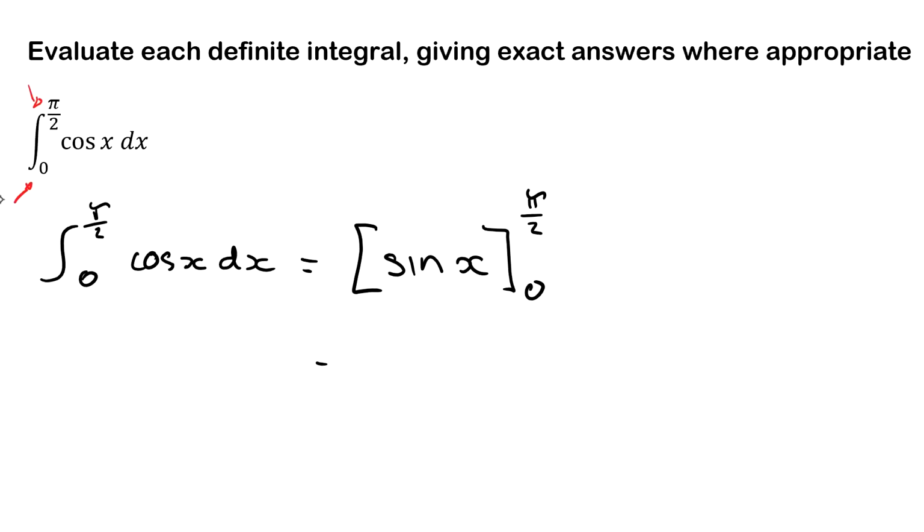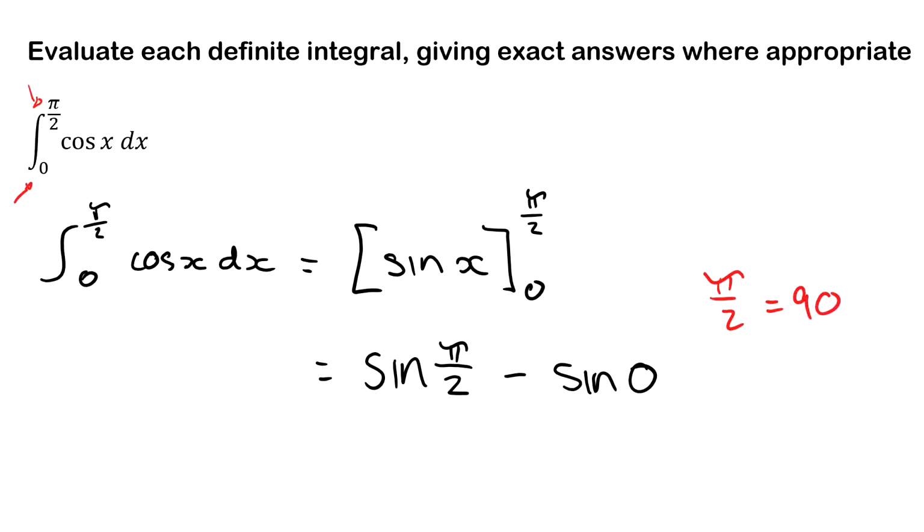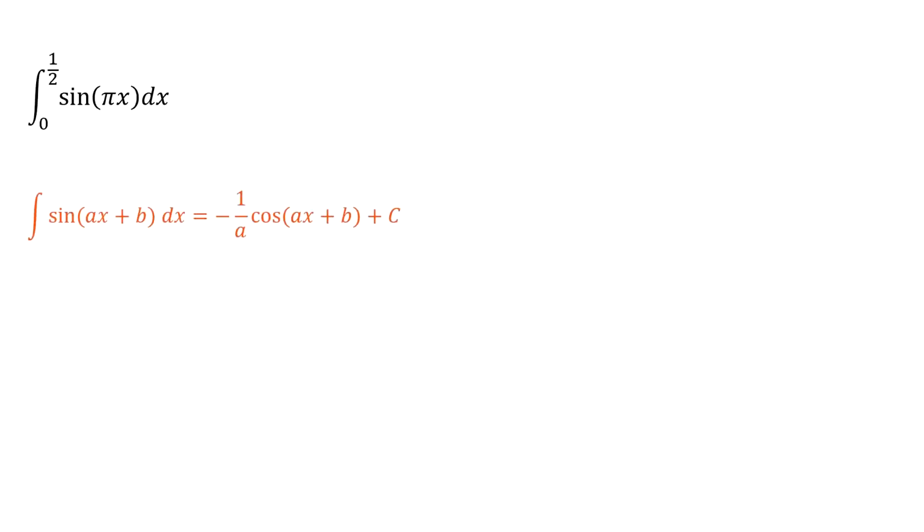Now remember, your larger of the two numbers comes first, so in our case pi on 2, so we get sine pi on 2 minus sine 0. Now if you do remember, pi on 2 is 90 degrees, and sine 90 equals 1. Sine 0 is 0, so our answer is 1. That's our exact answer. Alright, using the formula there, if we have our 1 over 2, 0, sine pi x,